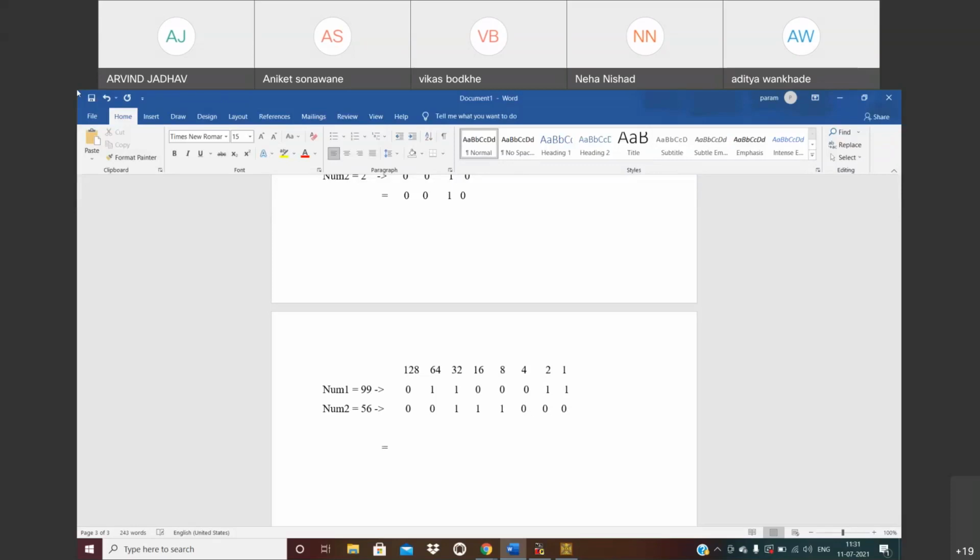So now we need to calculate the answer. Okay. So see, 1 and 0, I'm performing the AND operation. So 1 and 0, we get 0 for AND. So here also we get the 0. We also get the 0. Here we also get the 0. Here we also get the 0. 1, 1, we get the value 1. Here we get the 0, and here also we get the 0. Okay, so ये values हमें मिले हैं. Okay, just 1 minute.